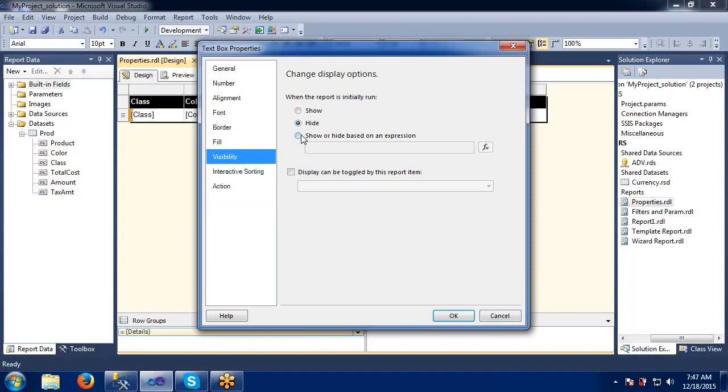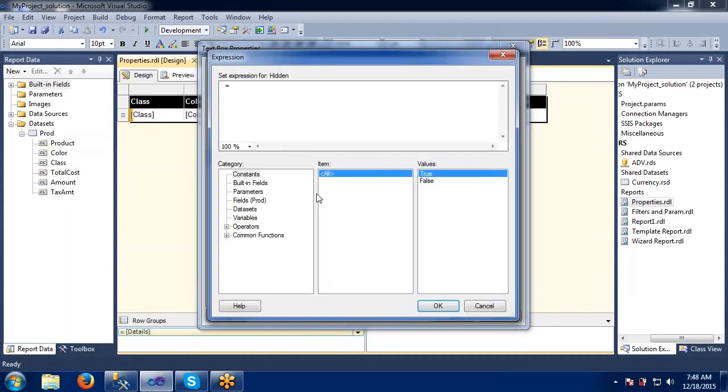Visibility on expression: if you would like to specify something with an expression, we can specify it here. These are the expressions part where we can do a lot of things. We'll take one session on these expressions only, because I have to explain the constants, built-in functions, everything.